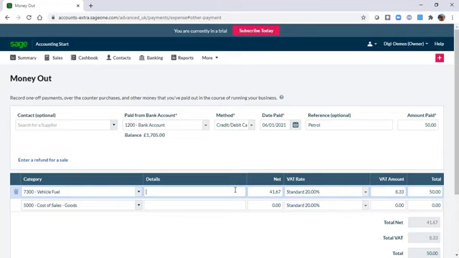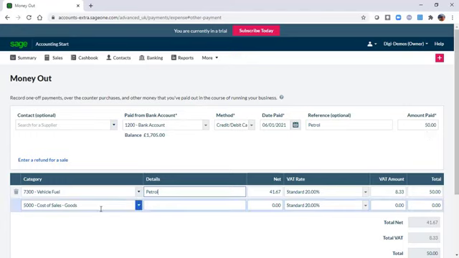Into details. Again, we'll just keep it nice and simple. Just type petrol. And again, you can see from that £50 we've keyed in, it's already picked up the standard rate of VAT, so it's already calculated the net and the VAT amount for us. Again, if that £50 was maybe to be split between a number of different other categories, so